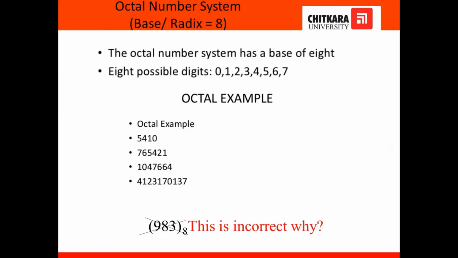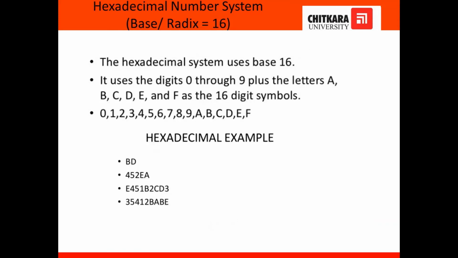Octal number system base is 8, and it represents from 0 to 7, then 10 to 17, then 20 to 27. We never ever take the 8. Here you can see the example 9838, this is incorrect. The reason being, we can't represent 8 in the octal form, because in octal we need 3 bits to represent, but to represent 8 we need at least 4 bits. So this question is wrong. A similar question may be asked in the STs or the N term. At that time you have to write the reason why you are not representing this in the octal form. Fine.